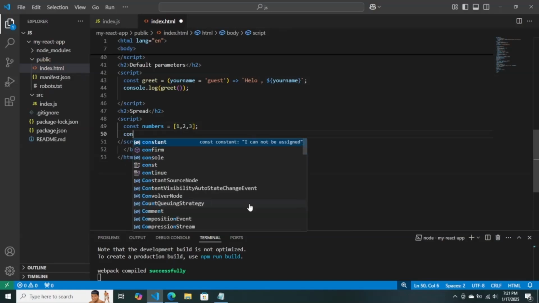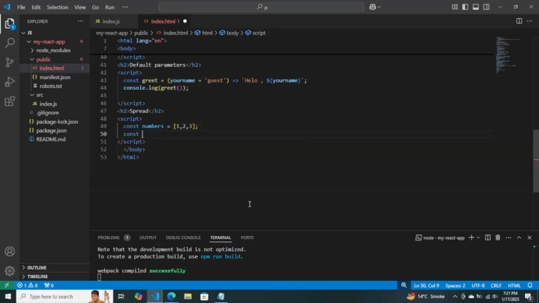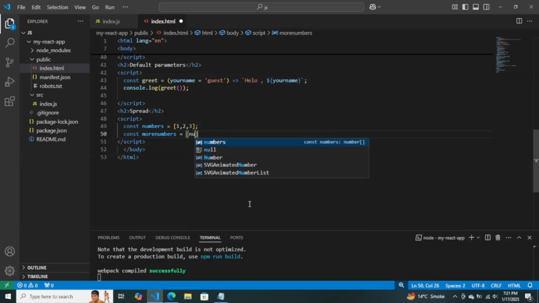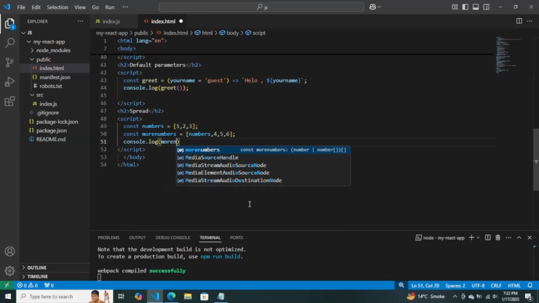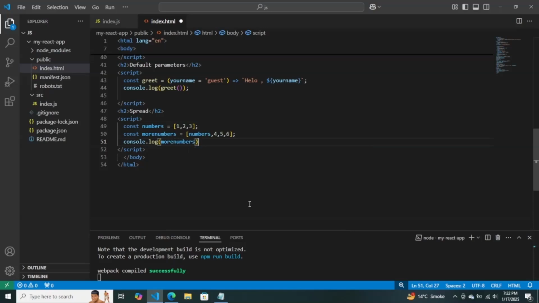After that const and variable use more numbers equal square bracket and use this variable numbers use comma 4, 5, 6 symbol and console.log parentheses and use more numbers variable symbol